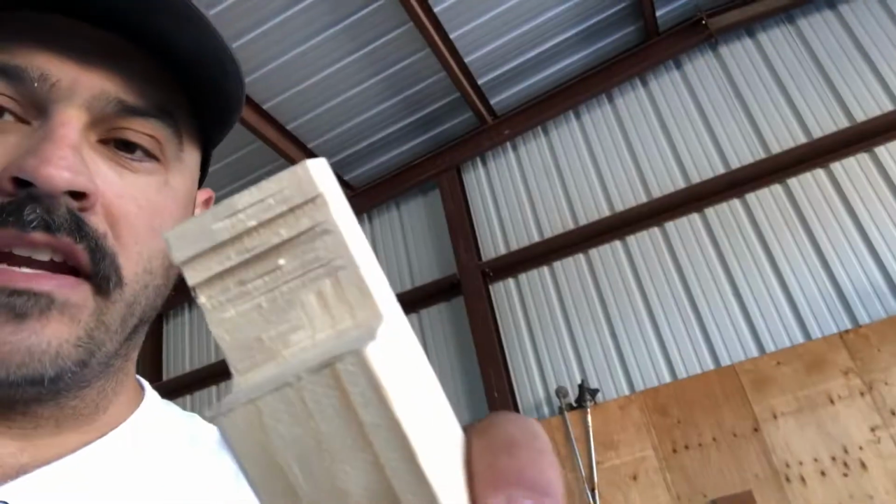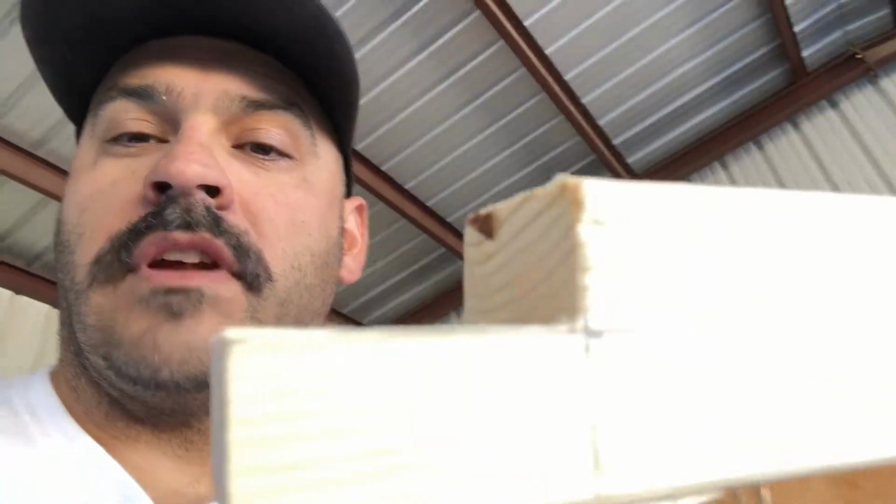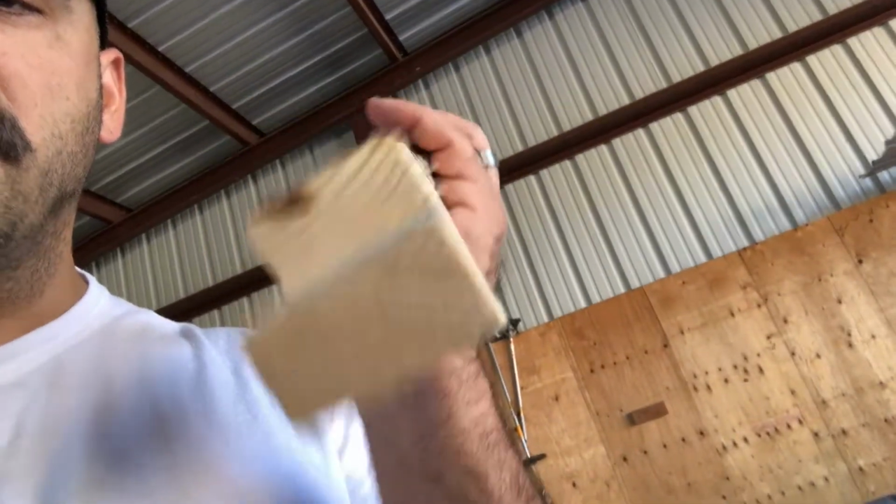You could tell this side I did with the miter saw. I didn't use any chisel. This side I did on a table saw, right on the line. Pretty clean. Just gotta be careful. But this is gonna eliminate those awkward joints that are weak. When you put this in,